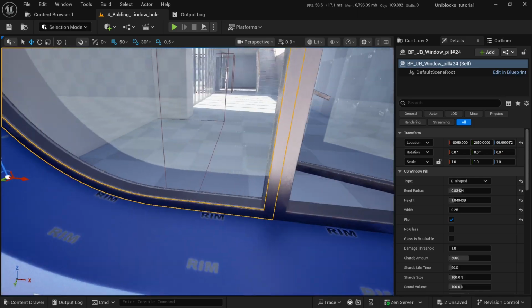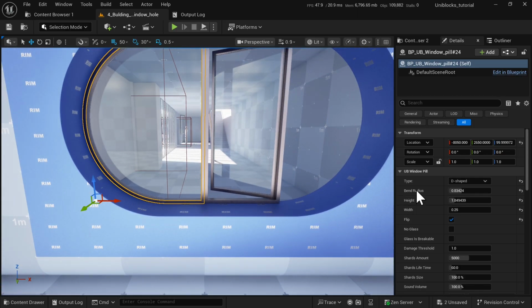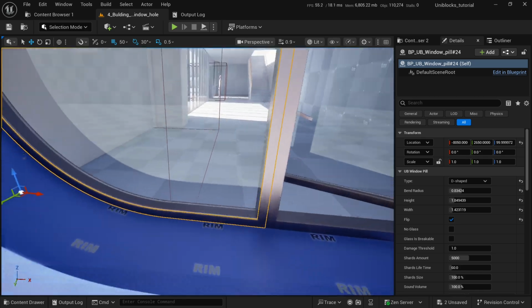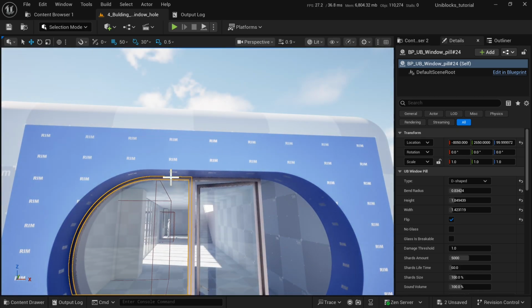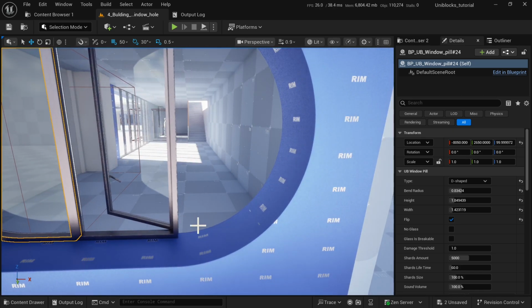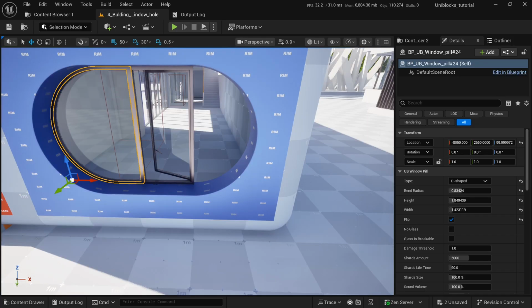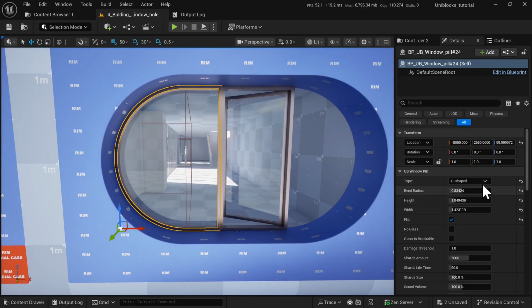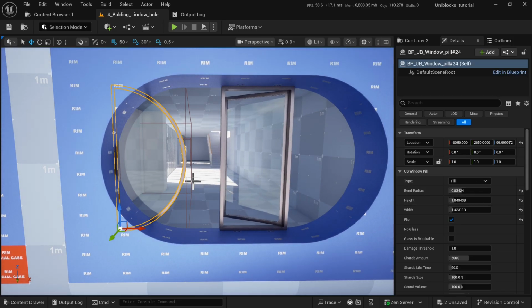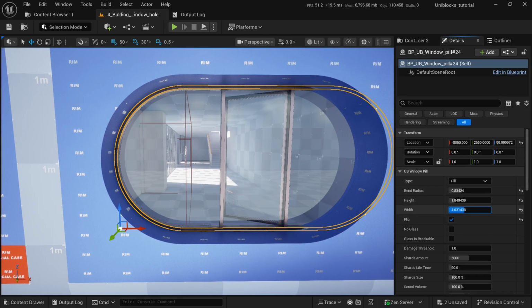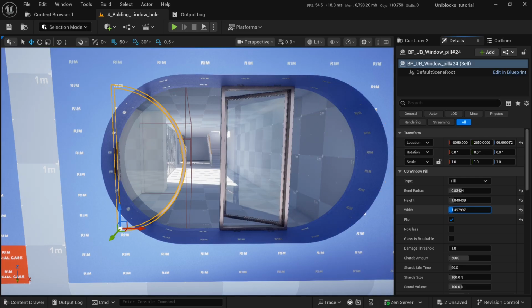And there is another feature to mention. For example, D-shaped windows can't be smaller than a certain size, so there is always half of a meter of beam here and here, but there is no space for that, and we should have half of a circle here. So we can do that, switch back to pill-shaped, and it's like that. It can be a circle, it can be half of a circle, and it can be a quarter,